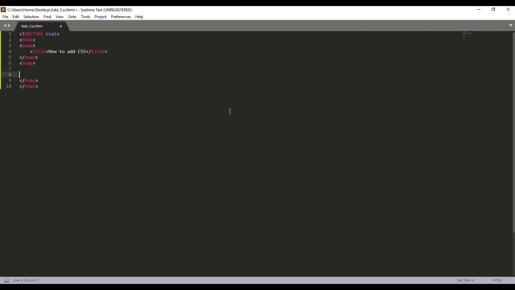Today we will study how to add CSS. First we study inline CSS. Inline styles are defined within the style attribute of the relevant element. Here we created an H1 element